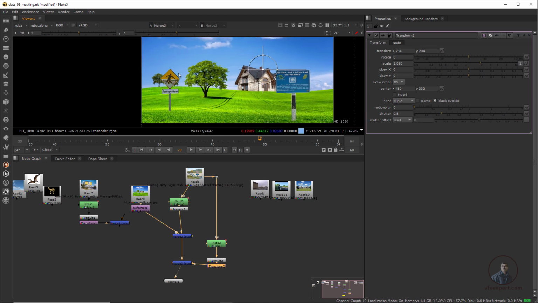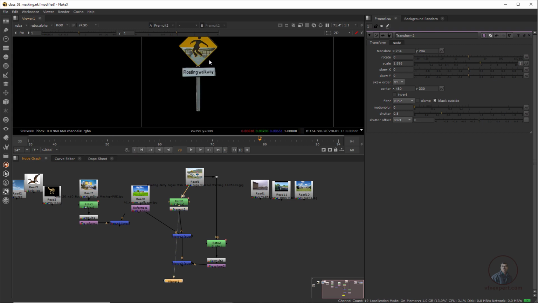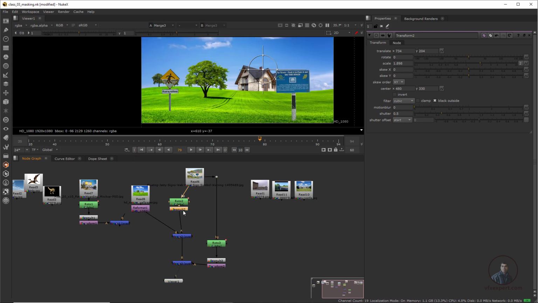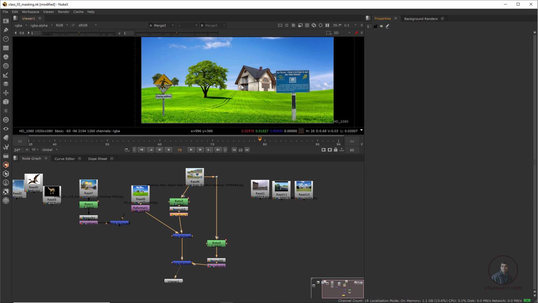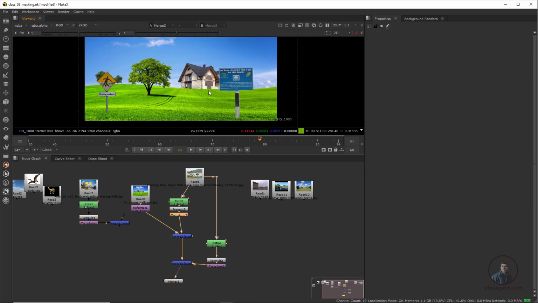If you want to transform this object after this compositing, then we have to use Transform after it, because till here I have extracted this object. So now select this one, press 1, and after this use T for Transform. So both are independent here. Like this, you can extract any object from any image and composite it into your scene.